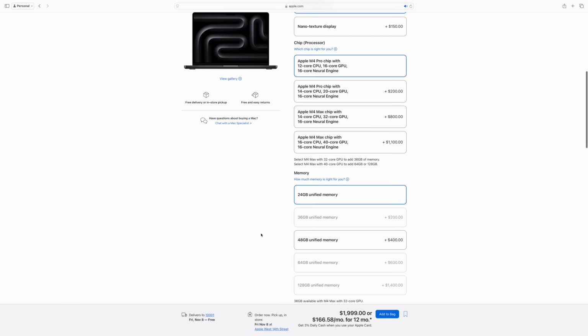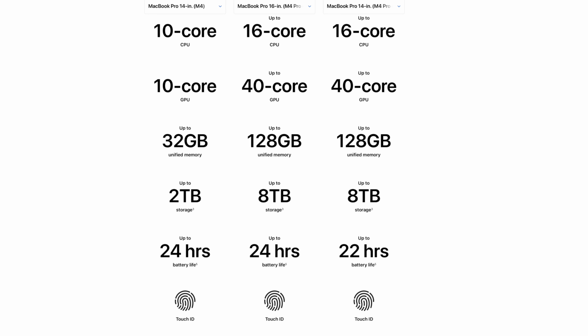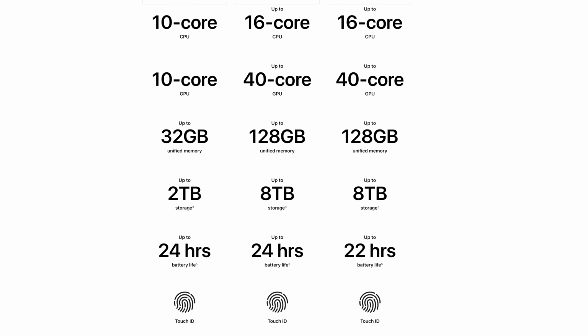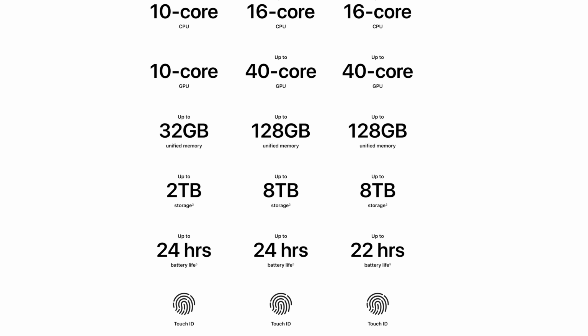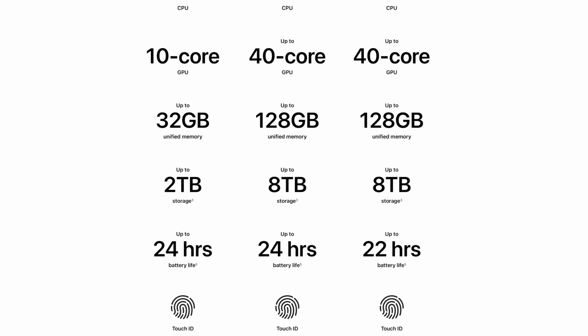And don't forget, the M4 Pro version not only comes with a more powerful CPU, a more powerful GPU, those Thunderbolt 5 ports, but that base model gets 24 gigabytes of memory. So you're really only losing out on 8 gigabytes of RAM for the same price point for a more powerful laptop. Sure, you can argue that the M4 chip uses less power, so you get 24 hours of battery life, but the M4 Pro still gets 22 hours of battery life, so I would still pick that upgraded version over